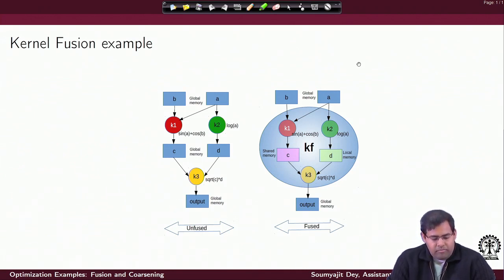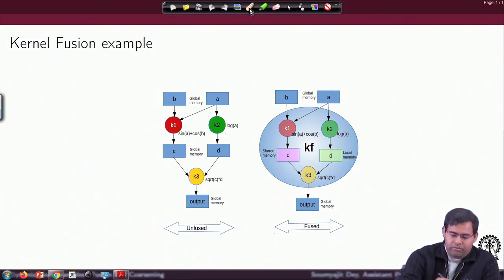In this case, K1 is a kernel, an operator, which is going to perform a sin A plus cos B transformation on data inputs from B and A. These are the buffers containing the sequential data, essentially a large buffer containing the data in A. K1 will launch multiple threads in parallel, and for each data item in B and A, it will simply compute sin A plus cos B. And this sequence of values K1 is going to write in an output buffer C, right. So, this entire dependency is highlighted here in the form of a task graph.